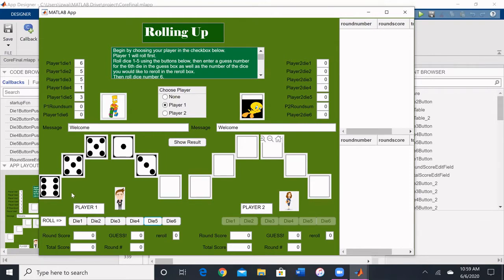After that, using our scoring scheme, the player can decide which dice they want to re-roll. Here I'm going to choose 4, and I'm going to guess a number that the 6th die is. I'm going to guess 2. I guessed incorrectly, so I didn't get to re-roll. So my score is just going to be based on these 5 dice, and it is updated here as well